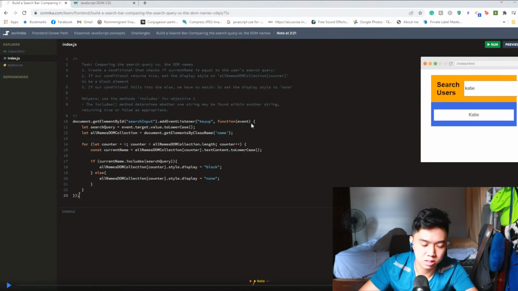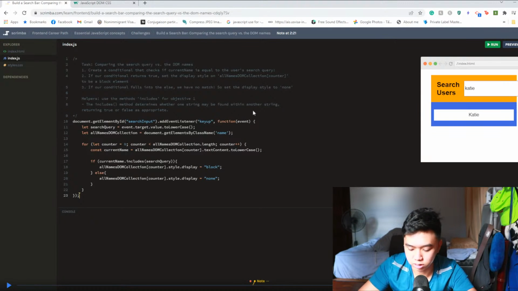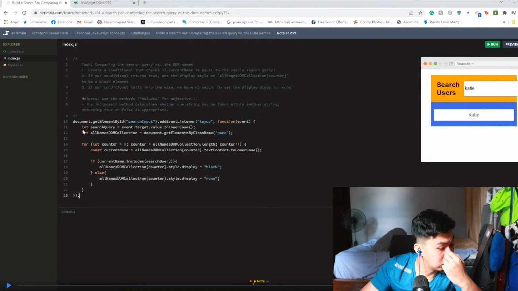It's a parameter. I'm not sure about this function event stuff. Is this event going to be a parameter? Because a parameter usually means nothing, it's just a variable. And then we let searchQuery equal to